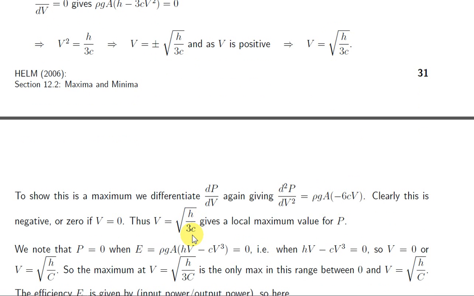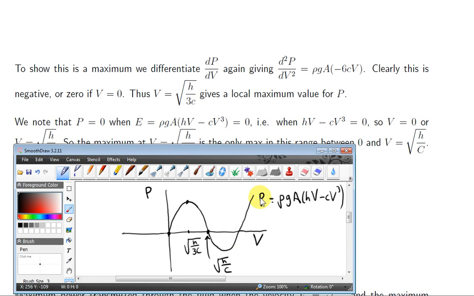Now let's look at the picture. P is a cubic function of v. When v is 0, P is 0. That's fairly obvious from this, if you put 0 in for v. At root h over 3c, we have a local max. So the first derivative of P with respect to v is 0 at this point, and the second derivative is negative. Now we're interested in some range of v here. It's possible that we could get a value of P that is greater than it is at this value of v, but